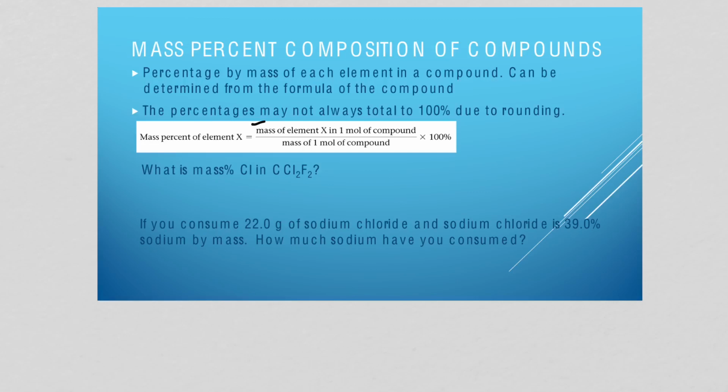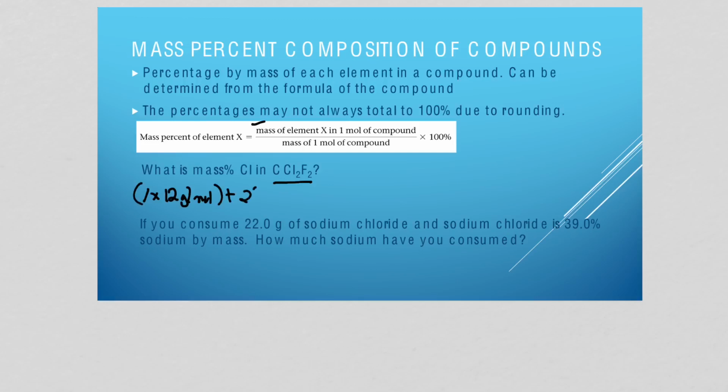So if I have any formula here, so let's say I have this formula, CCl2F2, and I want to know what the mass percent of chlorine is in that. So I want to know how much, what percentage of the mass of that compound is coming from chlorine. Well, I'm simply going to take the mass of the element in 1 mole of that compound. So in this case, the molar mass of this compound is going to be 1 times 12 grams per mole for the carbon,